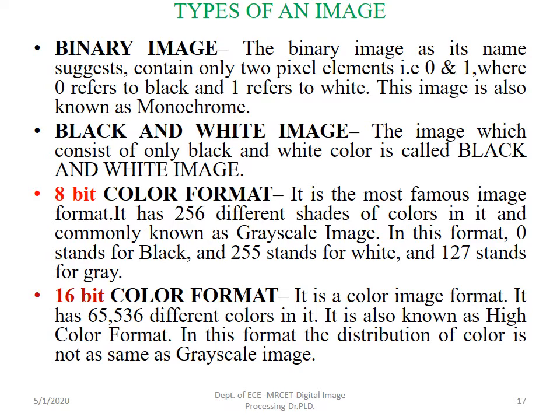Definitely, based on the depth of the pixel or bits per pixel, there is a chance to observe the quality of an image. If it is 8-bit, totally 256 gray levels appear in that image. If it is 16-bit, 65,536 gray levels appear. Gray levels in the sense of color shades. If we still increase the number of bits per pixel, 24 bits per pixel instead of 16, the 24 bits per pixel images are called true colored images.